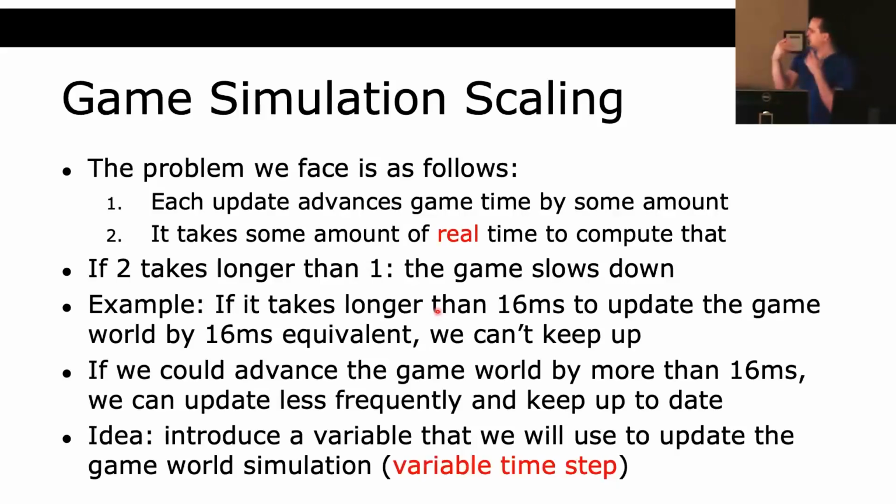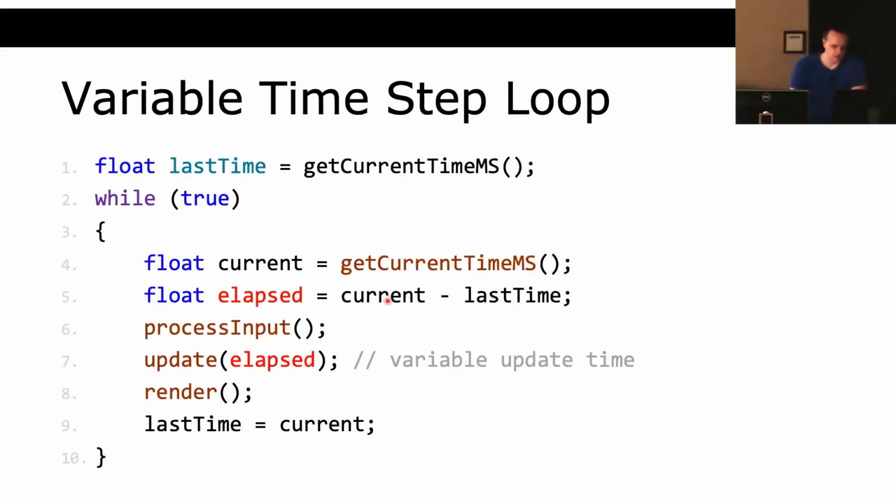Maybe I'm going to have some variable that I pass into the update function that says, update the game world by 10 milliseconds, or update it by 50 milliseconds, or update it by 5 seconds, right? And so I can scale how much things move based on this input. One way of doing it is to calculate how much time has elapsed